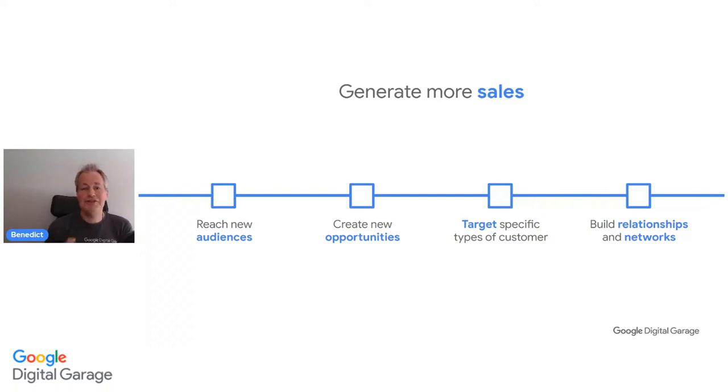Then there's the ability to really highly target demographics. From age to gender to lifestyle preferences and interests, you can micro-target a range of different audiences with much greater granularity, much more detail. And then you can build relationships and networks. The big thing is you can be building up a community of people, which is very important. And think about niche audiences as well. Even though they are fundamentally free, you may need to pay to reach specific customers as well.